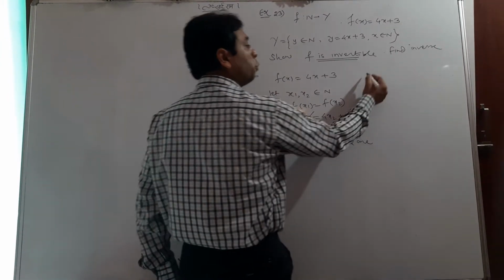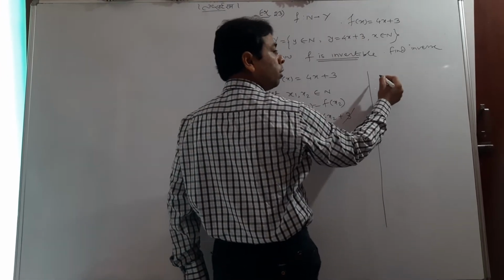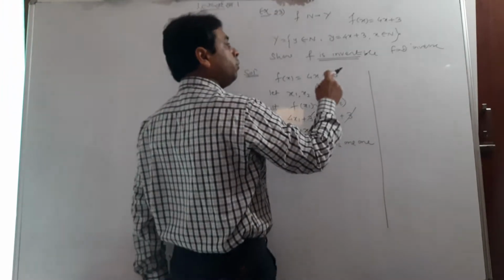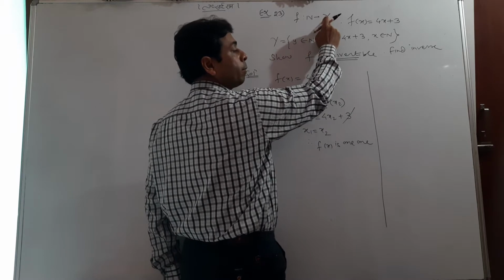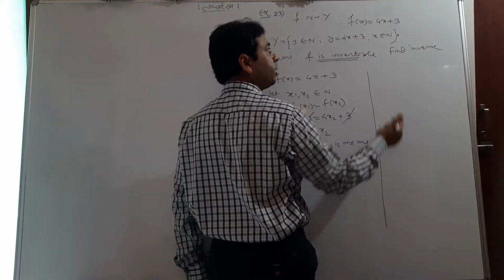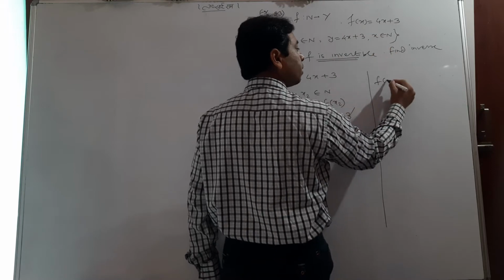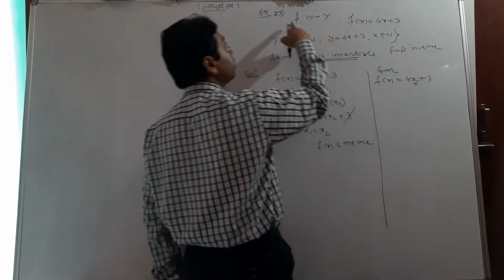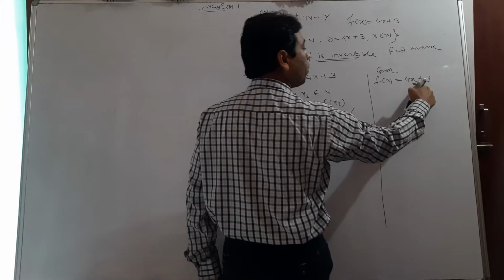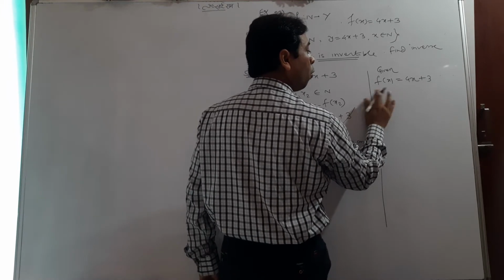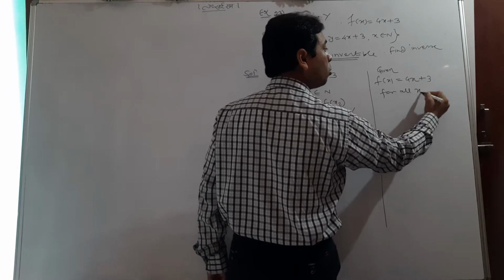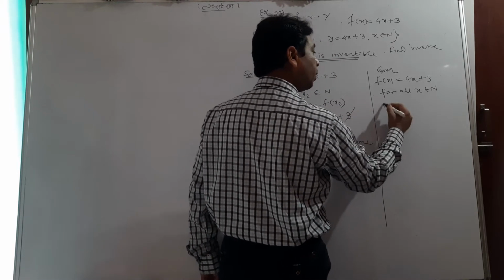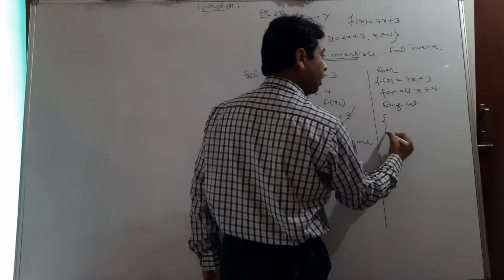Okay, now we'll prove onto. So how to prove onto? You should remember that the condition of onto is that the range of the function should equal the codomain. So I'll find its range. How to find its range? I tell you. Say this f of x is given as 4x plus 3, where x is a natural number. So put natural numbers one by one. So for all x belonging to N, the images are, the range set will be... say, how to find the range?